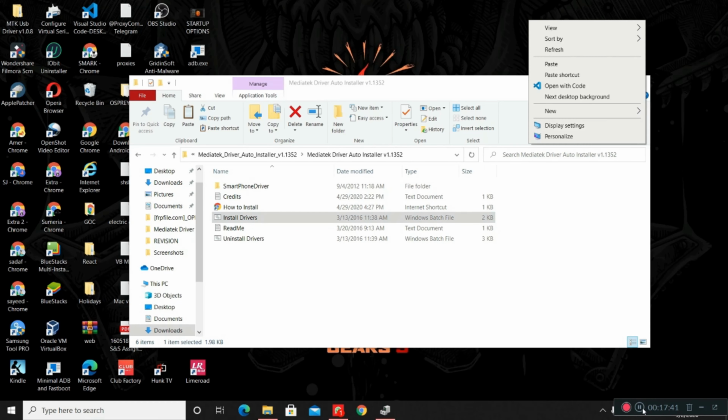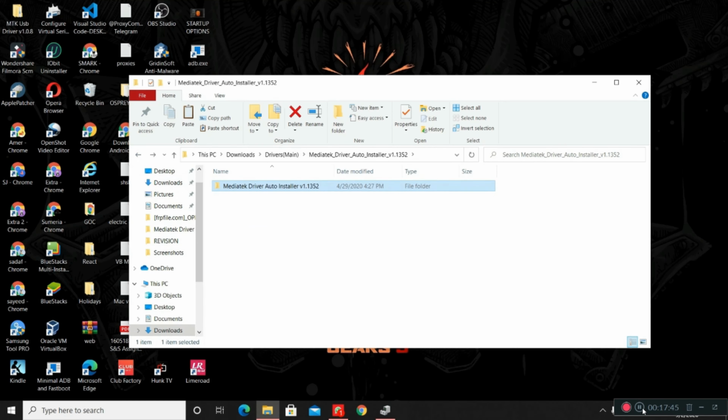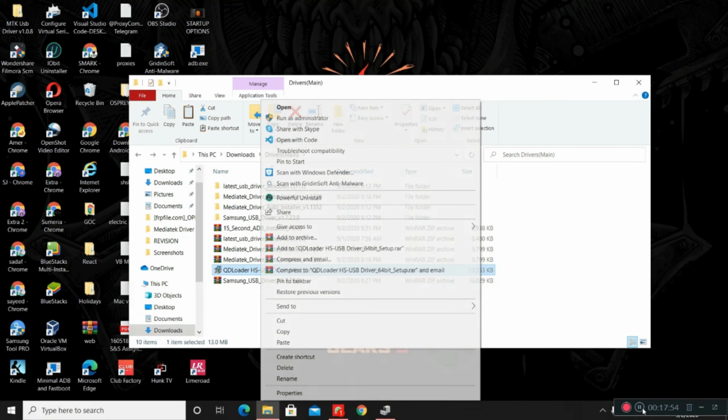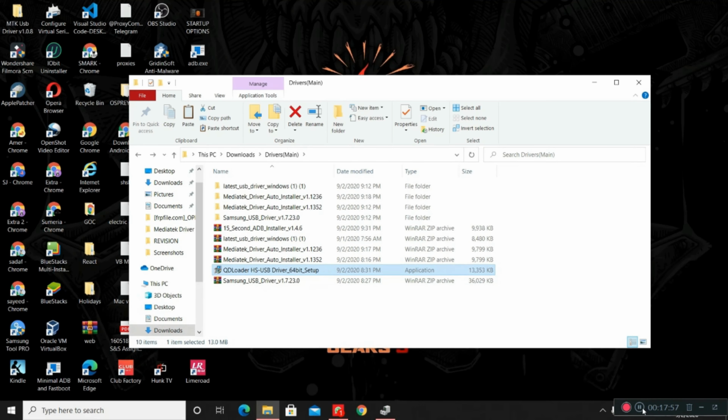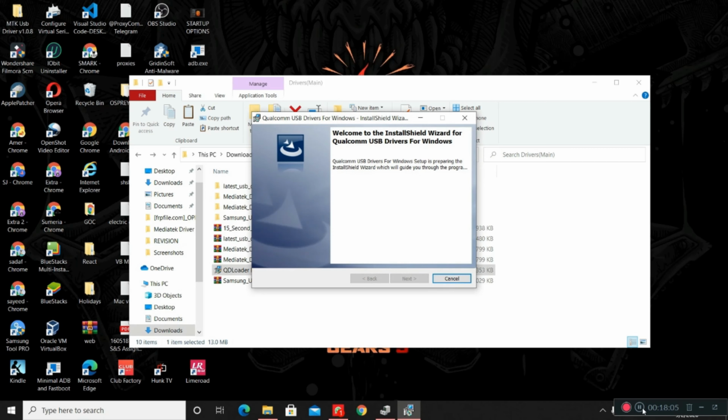Okay, so the installation is done. After this installation, we will head towards our installation of drivers. Qualcomm has a direct tool for installation. I will cover manual installation too in another video if the tool is not working for you. But for now, we will just look at the automatic tool that will install all the drivers in our PC.